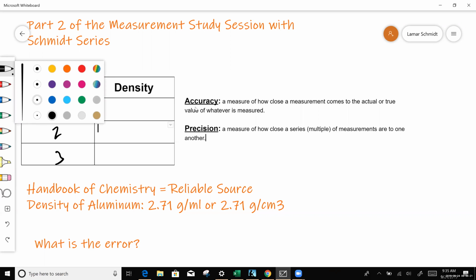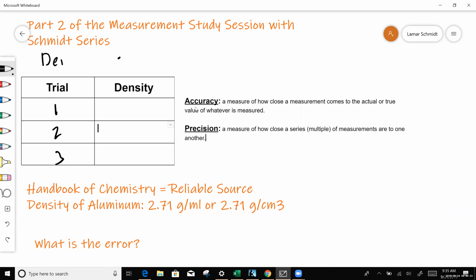Yeah, that's about as good as it gets, guys. Density of aluminum. I did a trial where I got 5.3 grams per cubic centimeter, and I got 3.1 grams per cubic centimeter, and I got 2.0 grams per cubic